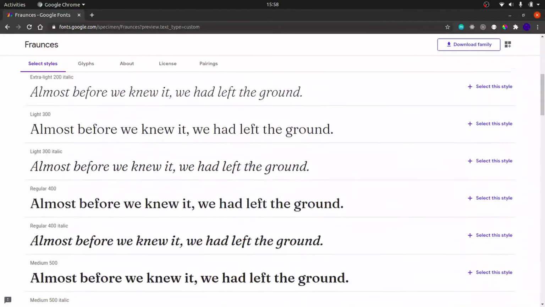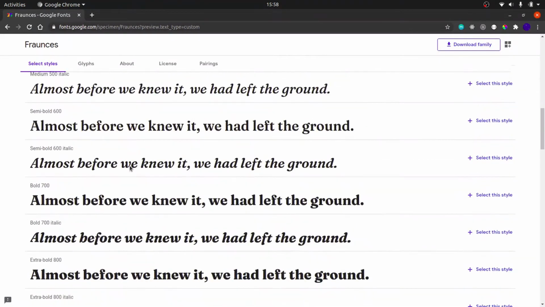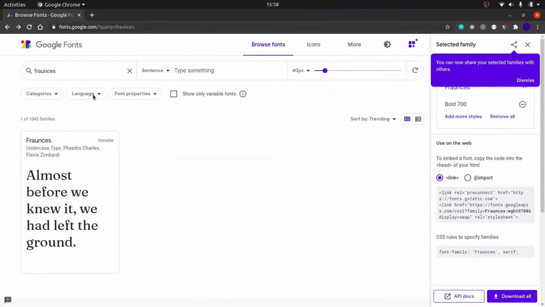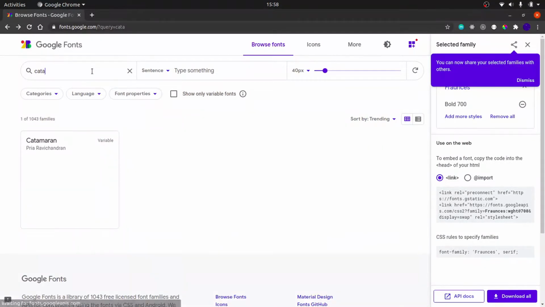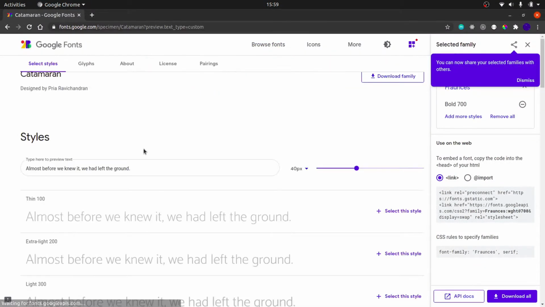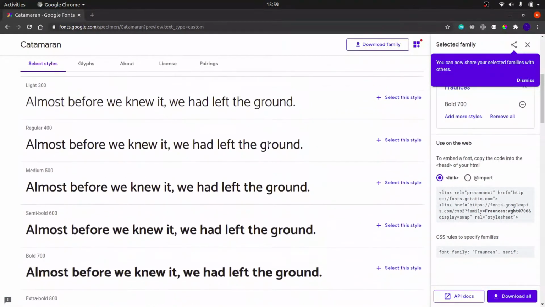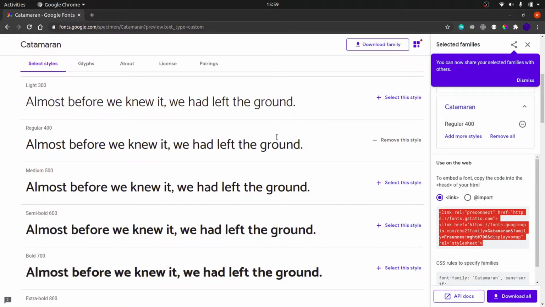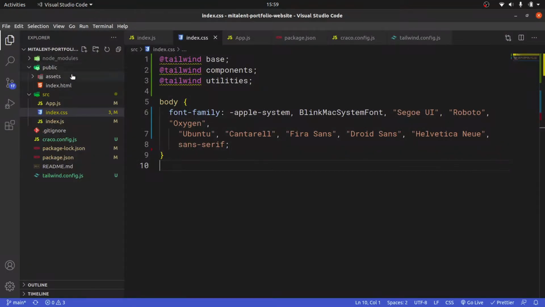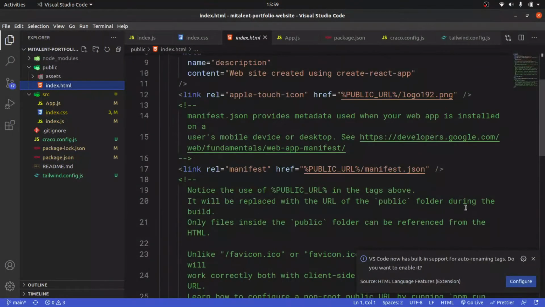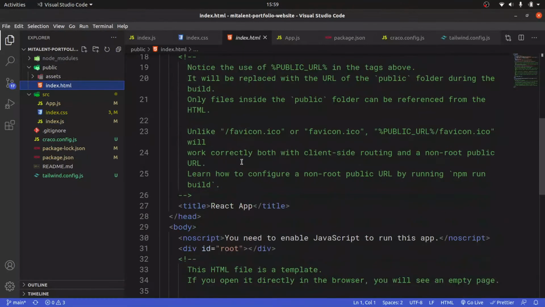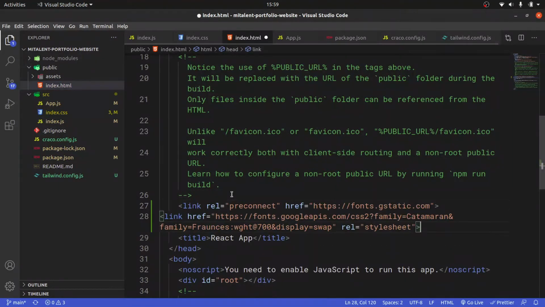And I'm going to grab the 700 font. Where is it? 700 font. Okay, and then I'm going to search for another font called Catamaran, and this is the font that we're going to use for our text. So I'm going to grab the regular 400, just grab the link tag, copy this, and then inside my index HTML in my public folder, I'm just going to paste it right there,